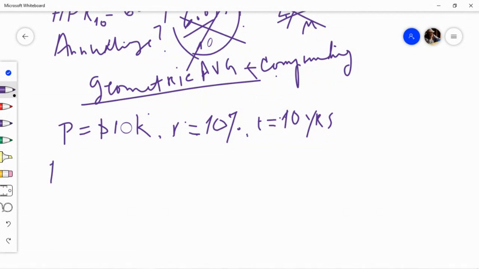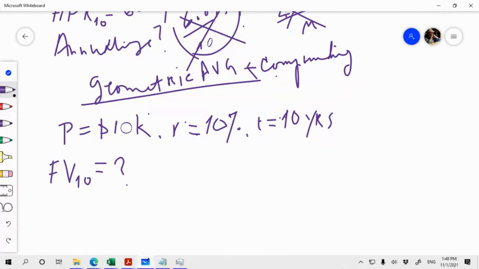So then, what's going to be the future value in year 10, at the end of year 10? In other words, so everyone understands this. You put $10,000 in the bank today. Interest rate is 10%. So what's it going to be in 10 years? And